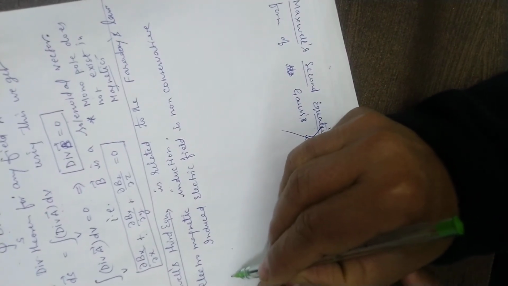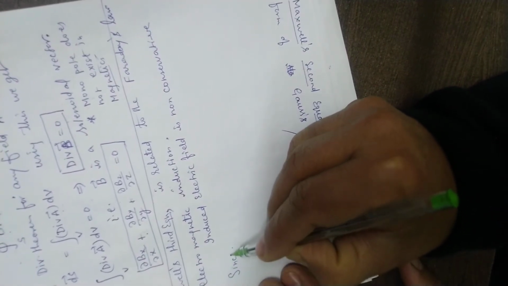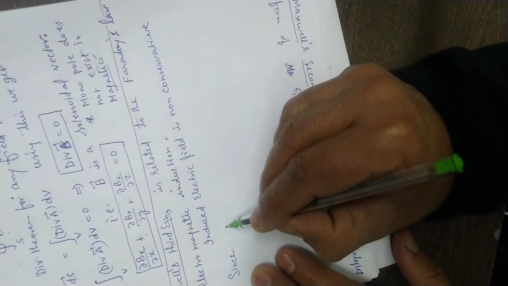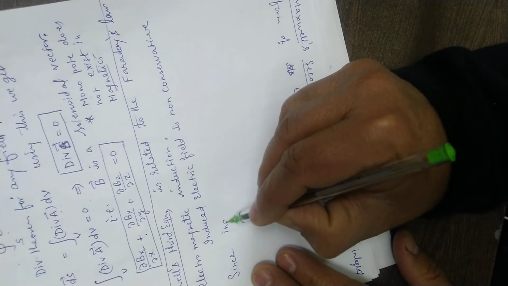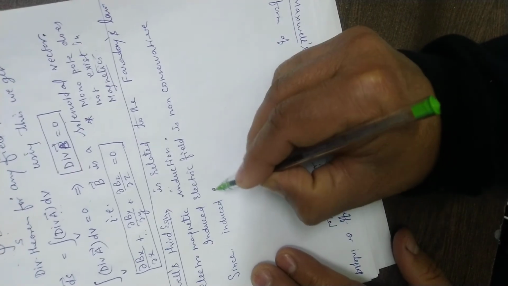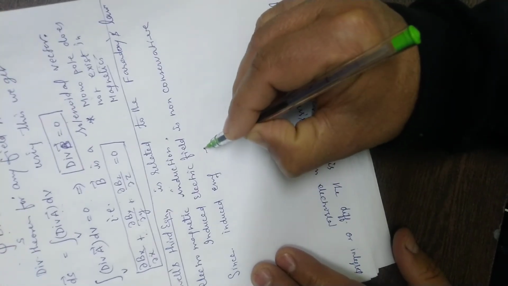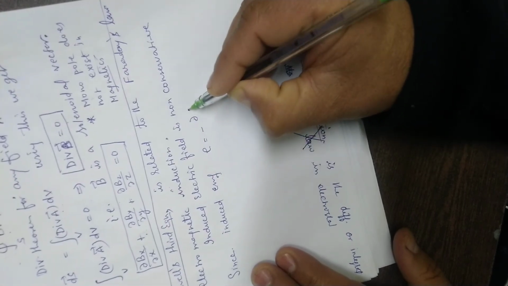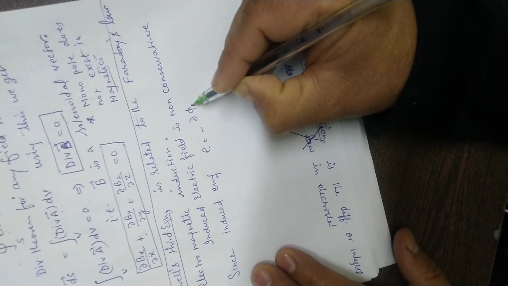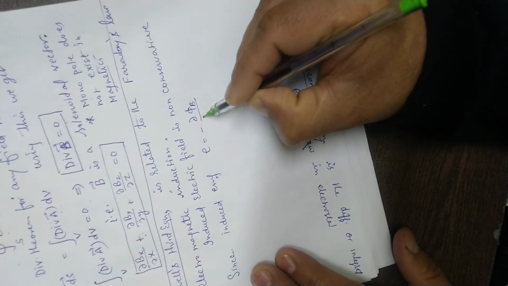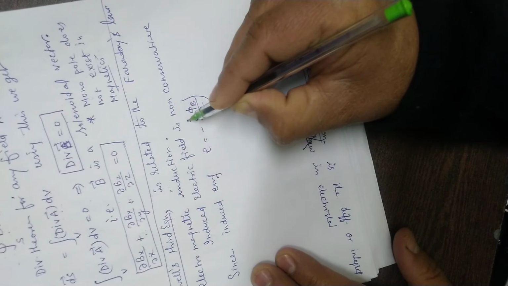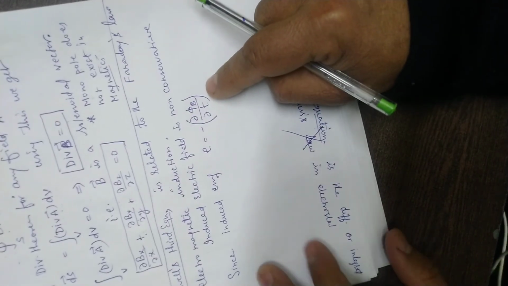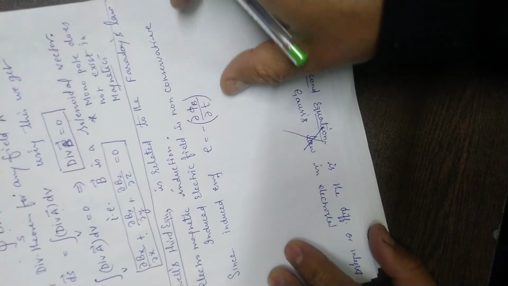Now, what Faraday's law tells me is that the induced EMF is the time rate of change of magnetic flux through any closed path, closed circuit. Remember, there is a little